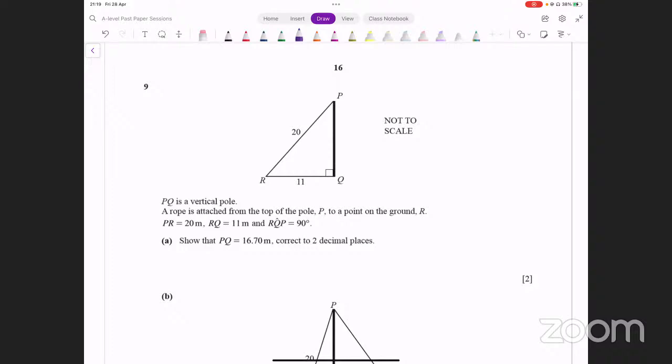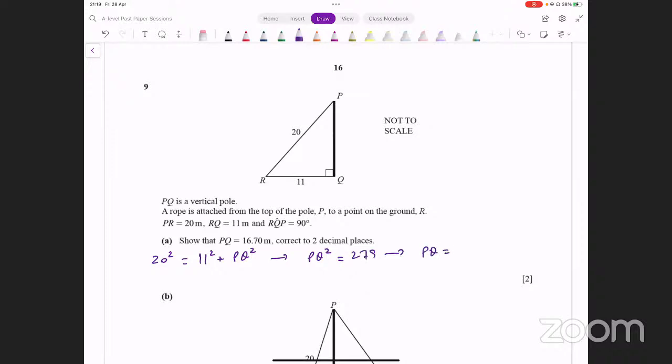Simple Pythagoras, let's say, so it's a right angle triangle, we say 20 squared equals 11 squared plus PQ squared. What does that give us? PQ squared equals 20 squared minus 11 squared. Let's see what that turns out to be. 279, take square root,